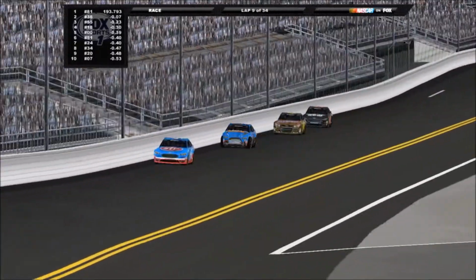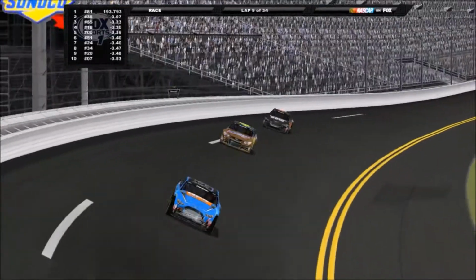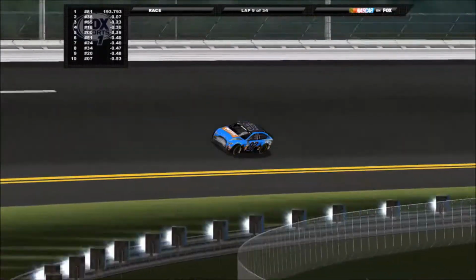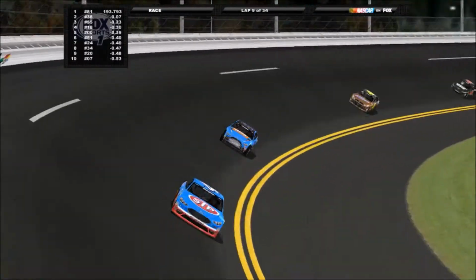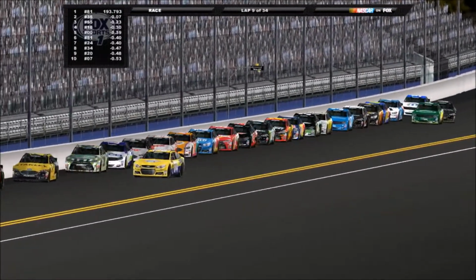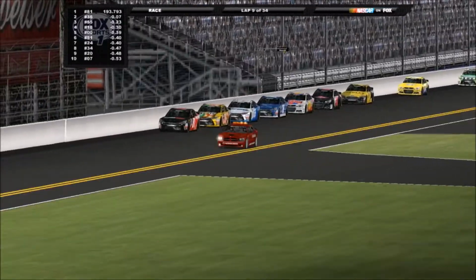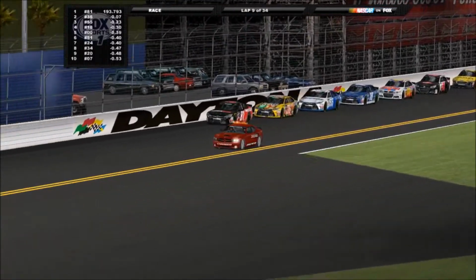It seems like these three have minimal damage. It's like they all just have back end damage. Campbell has the worst. These two should be able to go on. And I jinxed that pretty badly, didn't I? I was talking about how we never had any big wrecks, so that was